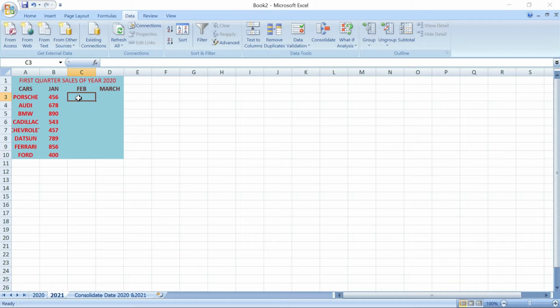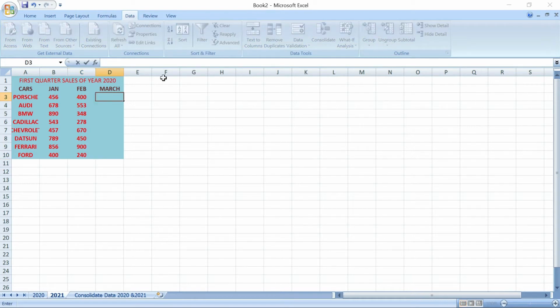You can take it as the number of units sold. 400 and then 553, 348, 278. We are just filling the data. 670 and 450, and 900, and 240. And March we are just filling like that.